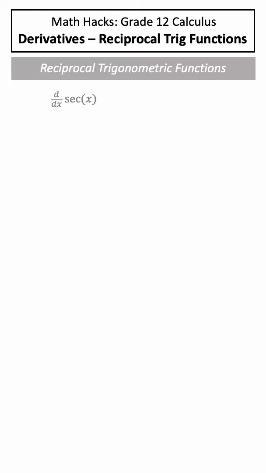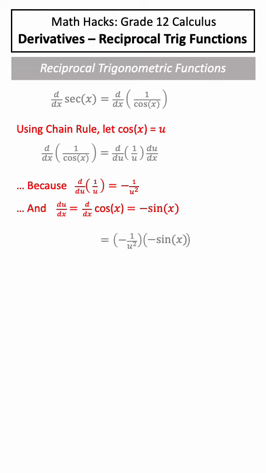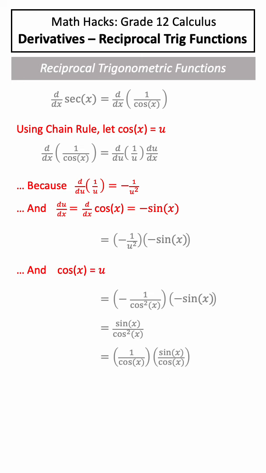Although it is easier to just memorize the derivatives of the reciprocal trig functions, we can also calculate them manually. For example, to calculate the derivative of the secant of x, we first must change this to 1 over cosine of x. Next, we use chain rule, which I will not cover in detail as I cover this in a different video. But following chain rule and some simplification steps, we see that the derivative is secant of x times